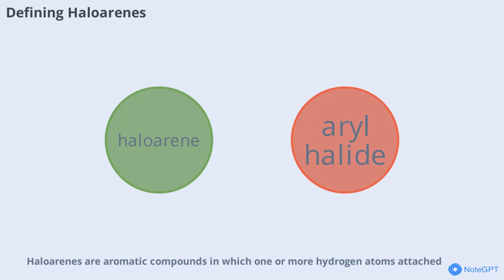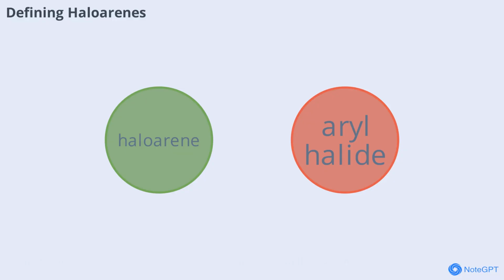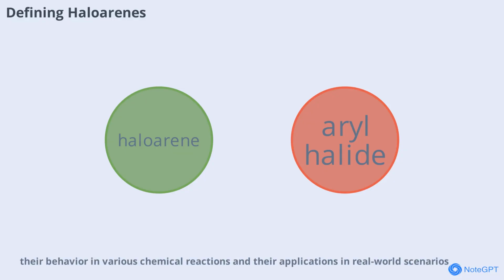Haloarenes are aromatic compounds in which one or more hydrogen atoms attached to the benzene ring are substituted by halogen atoms such as chlorine, bromine, or iodine. This substitution imparts unique chemical and physical properties to the molecule. The presence of the aromatic ring and the halogen atom together creates a compound with interesting reactivity and stability. Understanding the basic definition of haloarenes sets the foundation for exploring their behavior in various chemical reactions and their applications